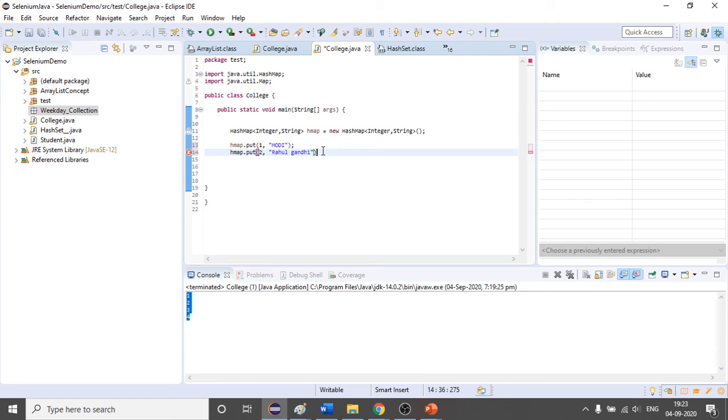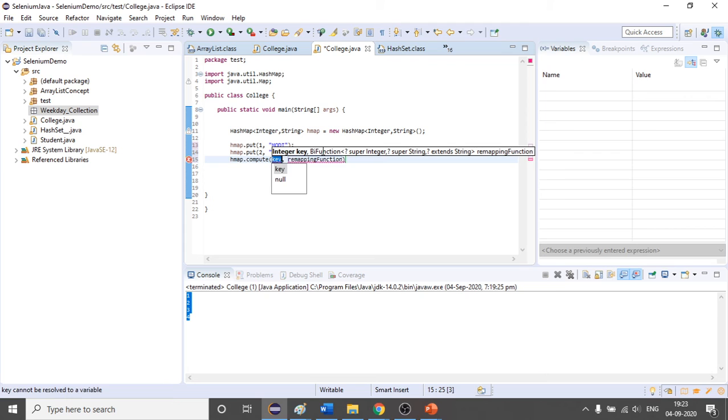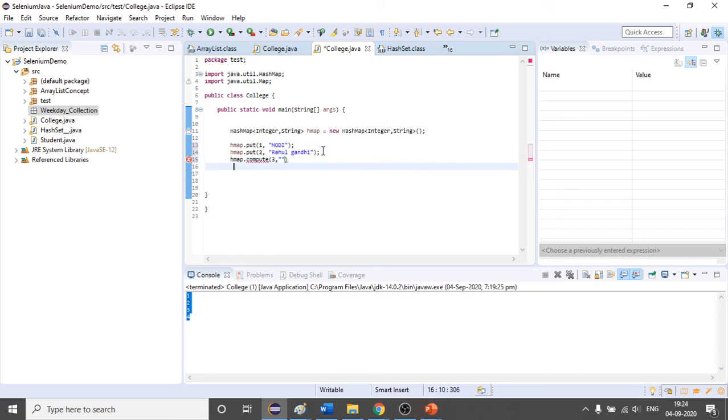Let me put one more, hmap dot put, let me write Kejriwal here. Let me add one more.